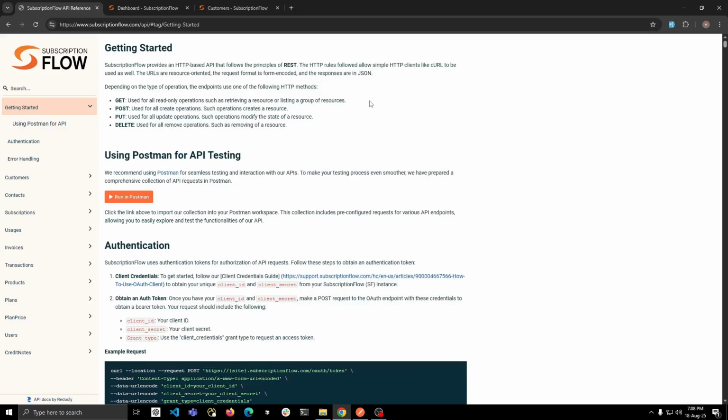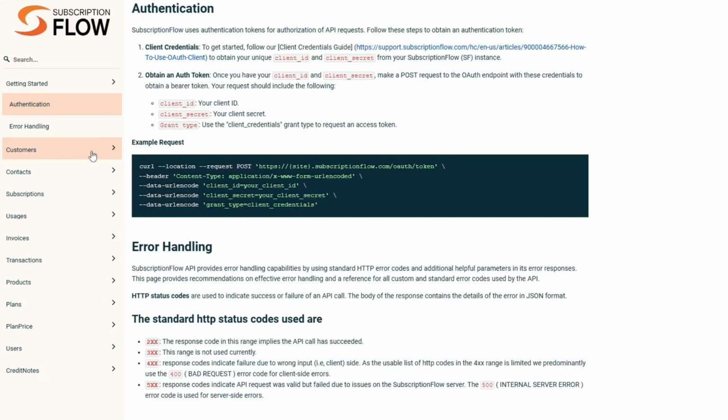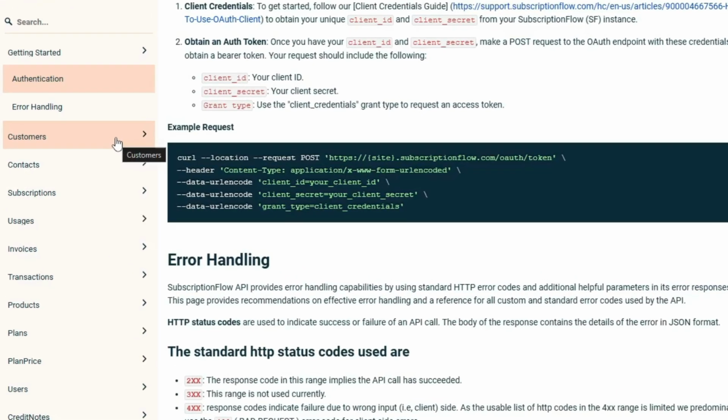In this tutorial we will basically cover the customer API endpoints that we provide. The prerequisite for this video is that you should have already watched the authentication video on how to authenticate yourself to get the access token. So moving on, assuming that you have already watched that and you have your access token with you, let's go